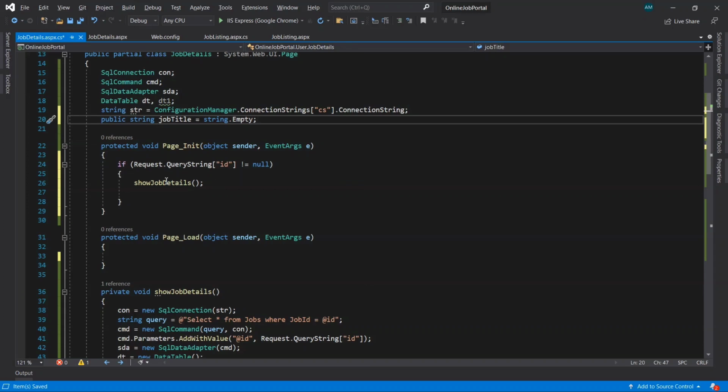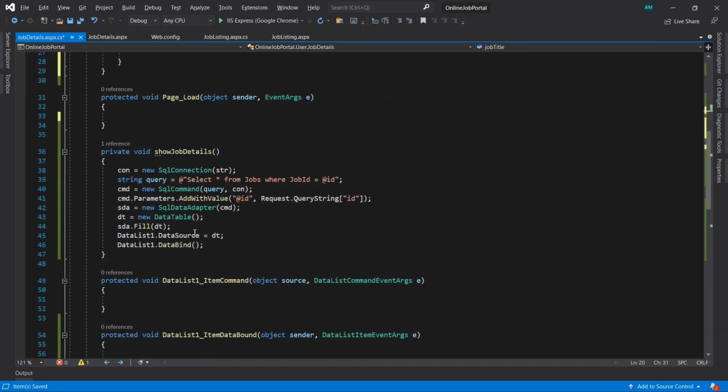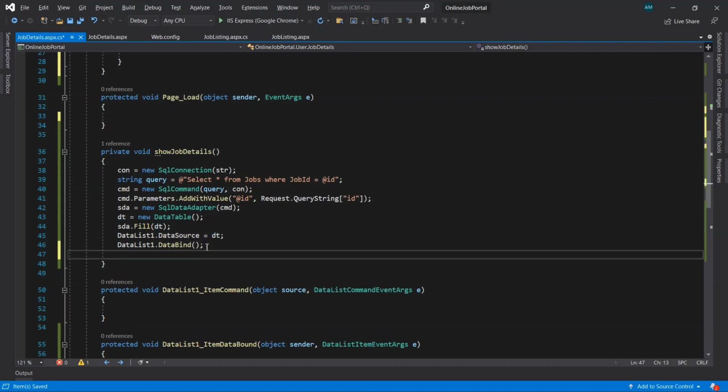Now I want to bind that title name inside this variable. The data we are going to get is from the dt object, so we'll bind it inside this function. Enter here.